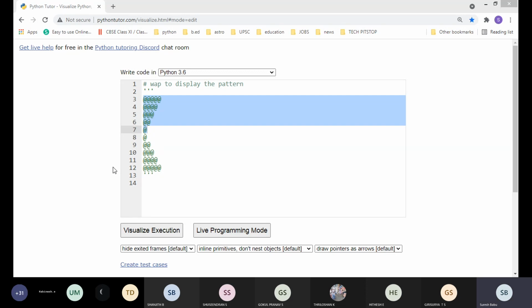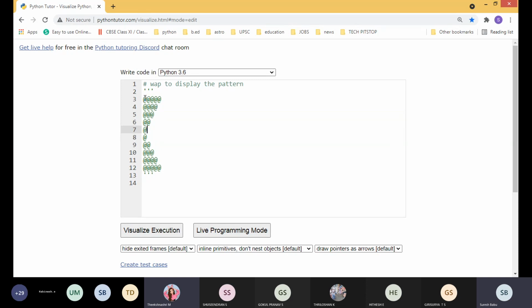Am I audible? Yes, sir. So how many of you know this solution? This first half, you know? Raise your hands. This we already discussed, that instead of a star symbol, we are using at, the at the rate of symbol.